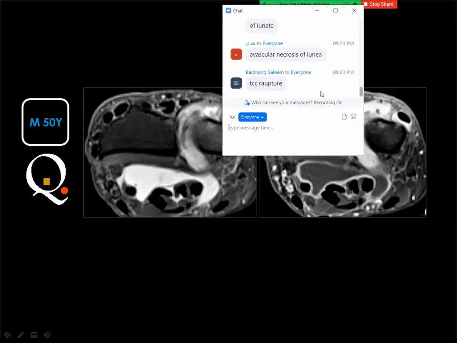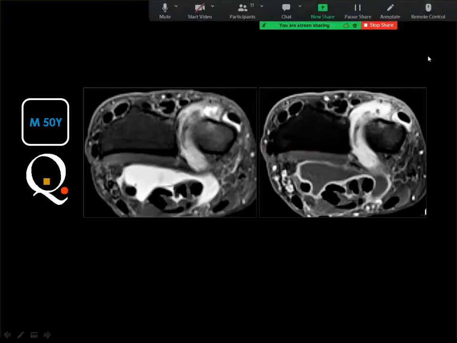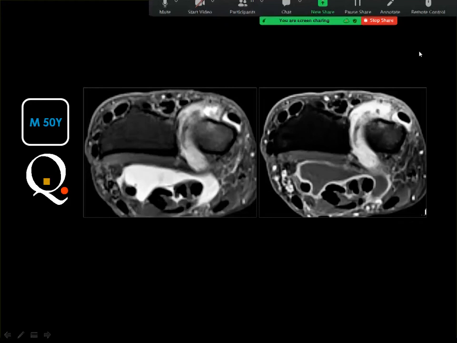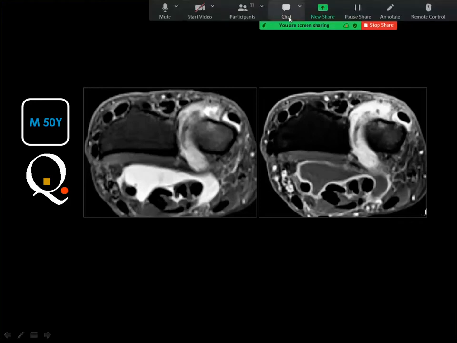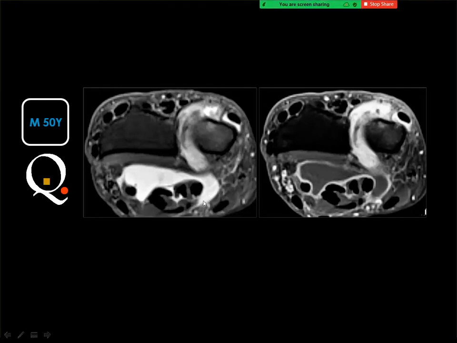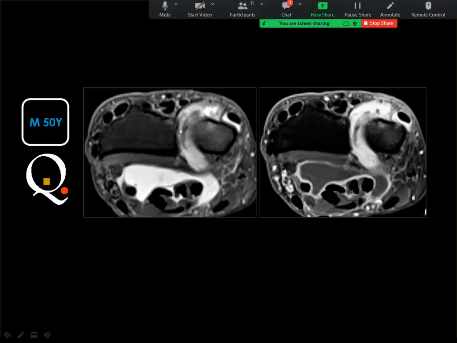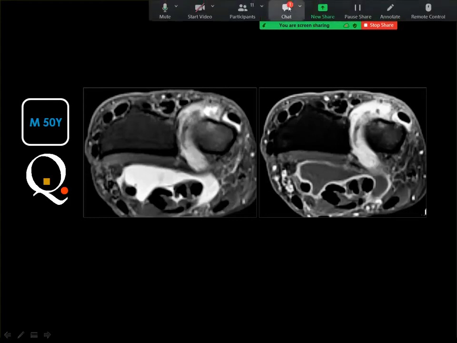This is not the area of the triangular fibrocartilage. Actually, you can see here some fluid signal in the carpal tunnel, as well as in the distal radioulnar